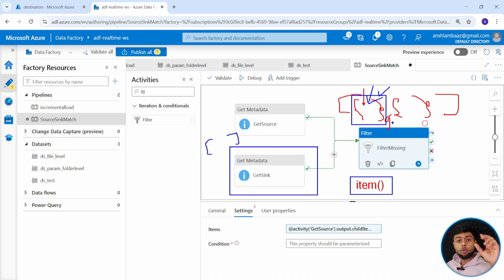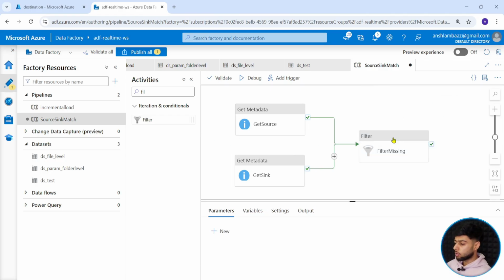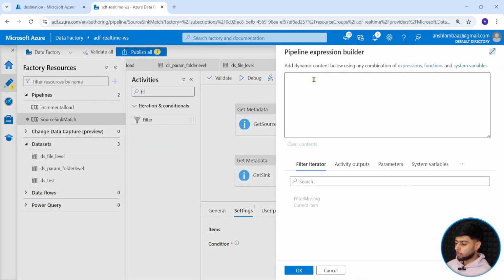And the item is both name and type. If you have it, then it's fine. If you do not have it, then pass it on to the further activity so that we can perform the copy data. So the condition will be at the rate